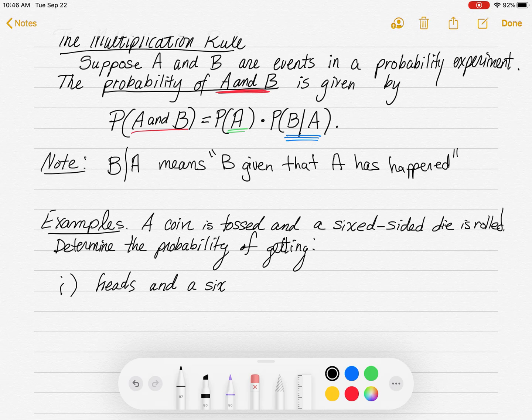So we see this connective "and" right here. That's an indication we might use the multiplication rule, right? Because the multiplication rule is used for "and" situations, two events that are connected by an "and". So we want to find the probability of getting a heads and also a 6. Okay, so I'm going to write this down. Probability of getting heads and a 6